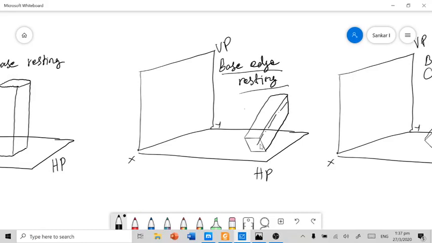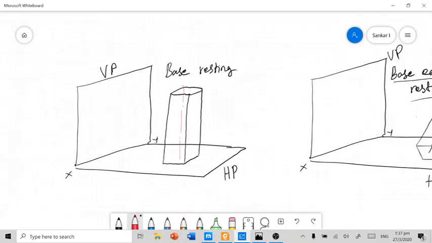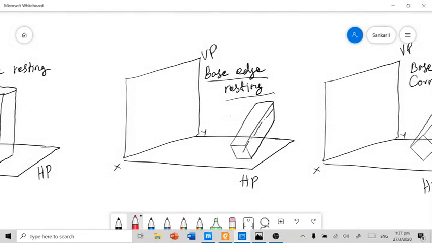So in all resting cases, apart from how it is resting, you have to consider the situation of the axis with respect to HP and VP. Here the axis is inclined to HP and parallel to VP.